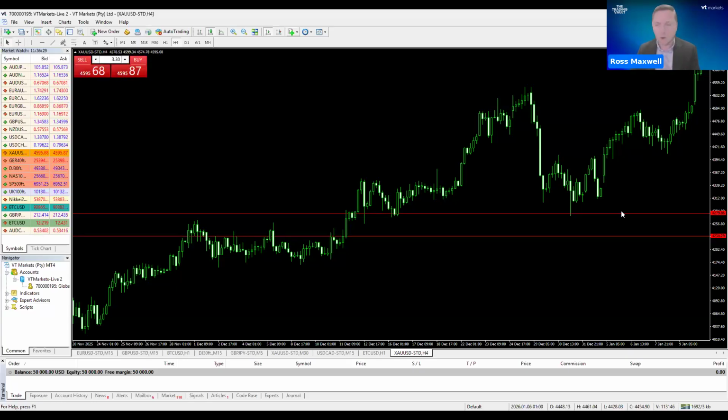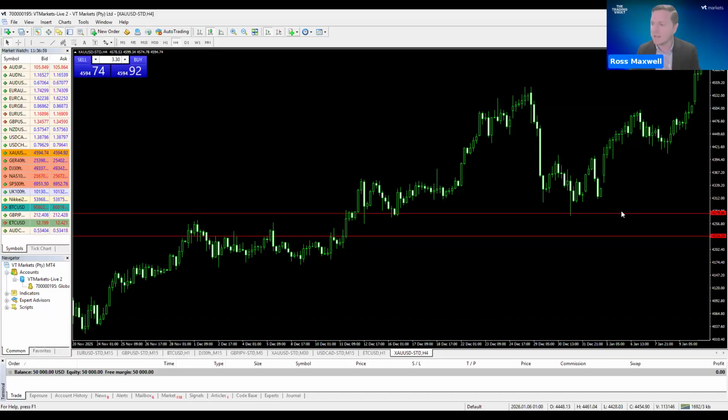Now, gold, the price is just going up, as Benjamin said. So how do you take advantage of an asset where the price is just going up? The fact is, you have to be patient and wait for the market to come back to you, because you do not want to sell a market that is just going up. By saying that the market is just going up, you've identified that the market is ultra bullish.